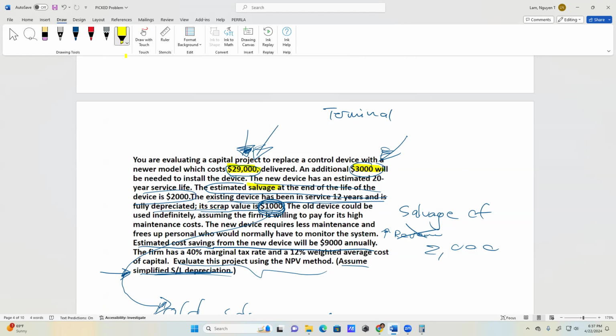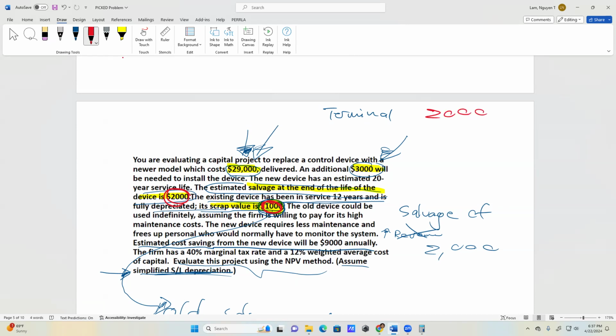You see here, salvage at the end of the device is 2,000, right? This 1,000 right here is of the existing device, which is the old. So the 1,000 here is the salvage of the old asset, but the 2,000 here is the salvage of the new asset. So terminal 2,000